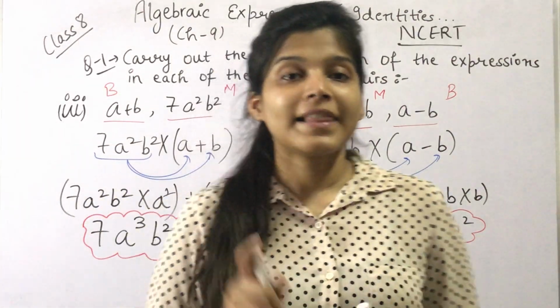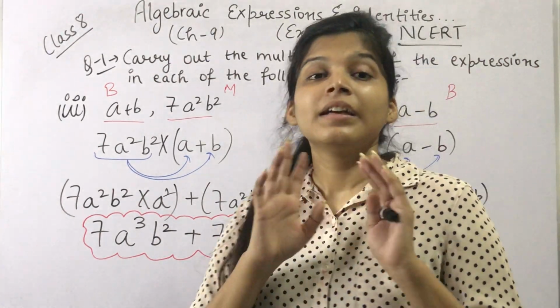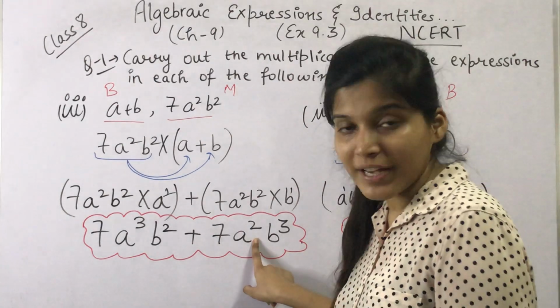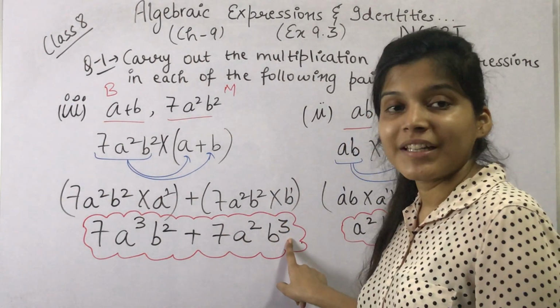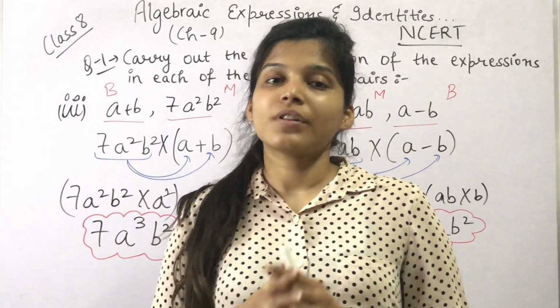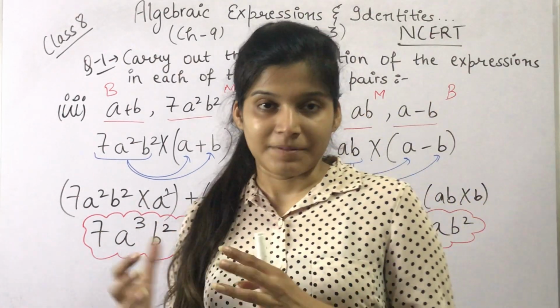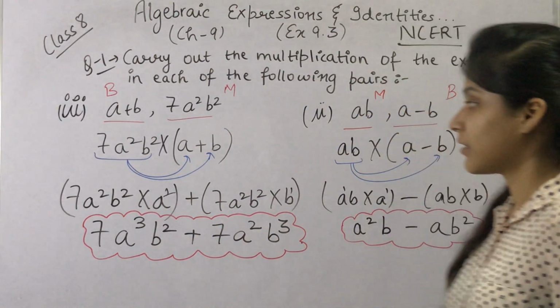this is not like term, ये दोनों unlike terms हैं, इसलिए हम इनको further add नहीं कर सकते, because यहाँ पे a 3 times है, here we have a 2 times and in this we have b 2 times, here we have b 3 times, so इसलिए ये unlike terms हैं, so that's why we'll leave it here only, this is the answer, okay। So now let's come to the fourth part।